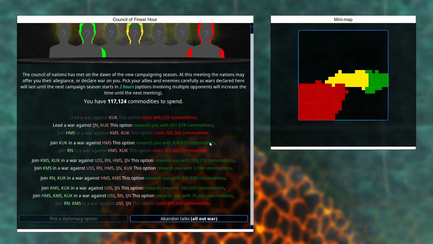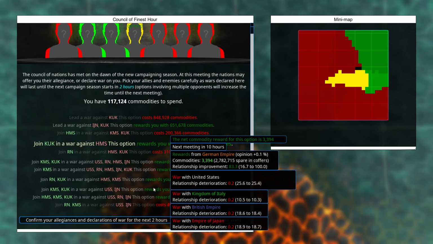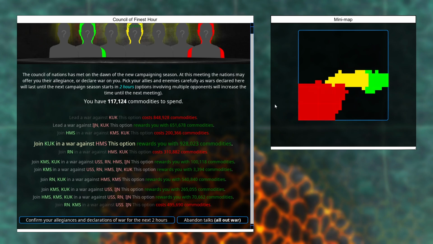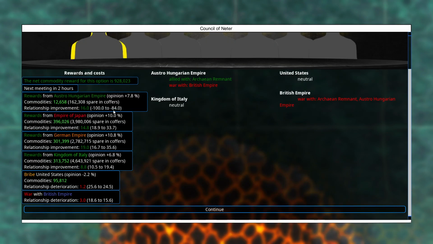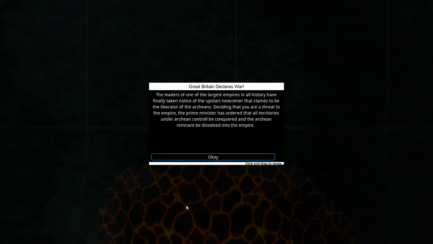Okay, Austro-Hungary. You know what? You're paying very well. We're going to go fight the British. Relationship improved. It's not good, but...